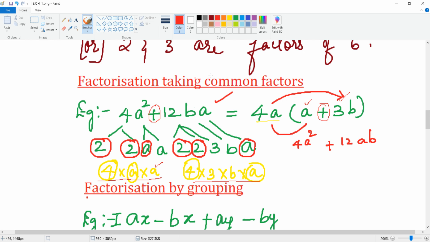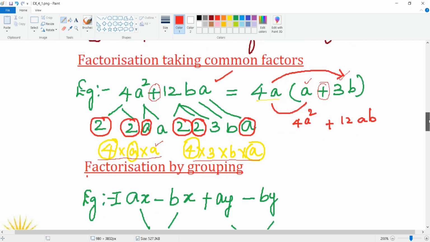So, with the factors, when you multiply, you get back the product. You get back the answer. Or, with the product, you can go back factorizing like this. Okay, so this method is called factorization. Understood? So we take out the common and we find the factors. Okay, so this is one method, factorization, taking common factors. Okay, now we'll go down to the next method.